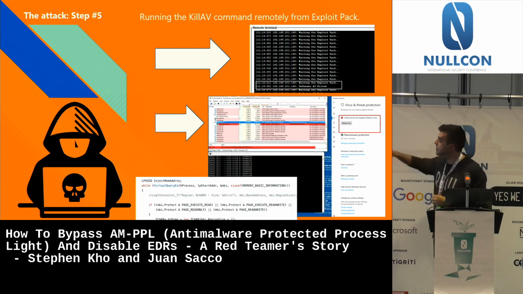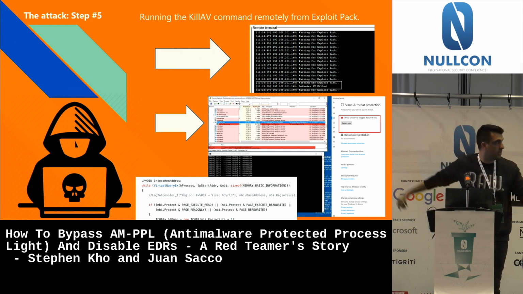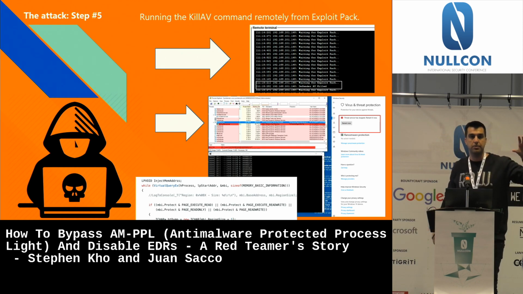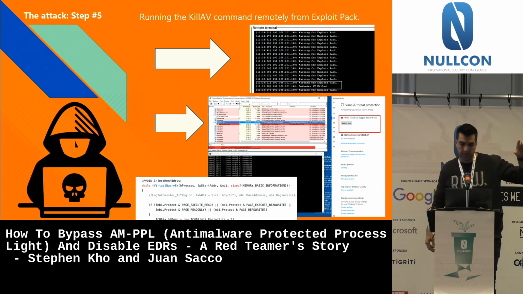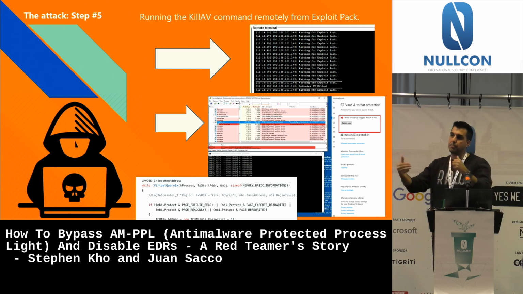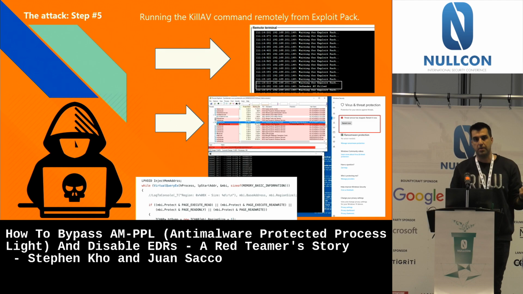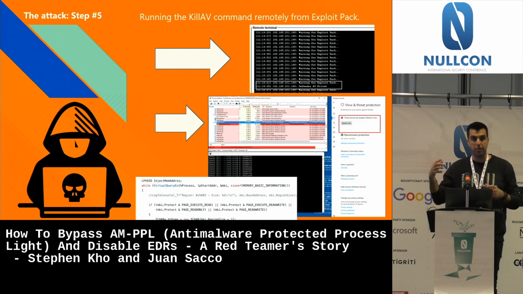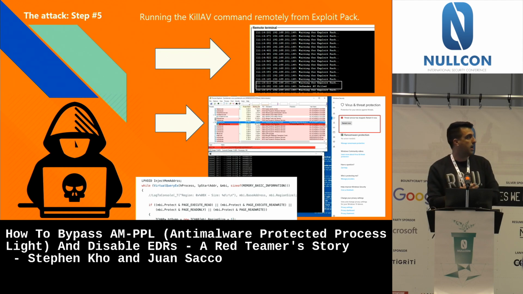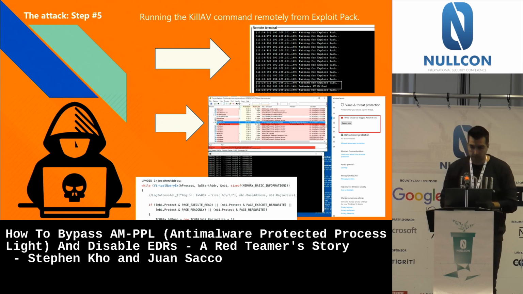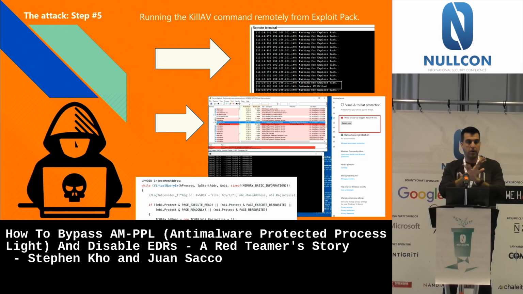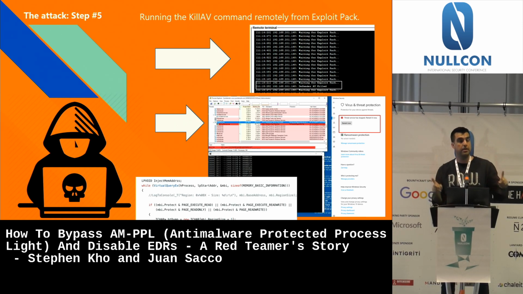Okay, but from here, what you can see on the screen is basically that we stop the antivirus, so it's not running no more. We stop it by corrupting the memory of the antivirus, but in this case, we did it for MPENG, so basically the engine of it, and then we also do it for the other service, NisSrv.exe. So they are not running no more, but it's a service that is going to try to spawn it again.